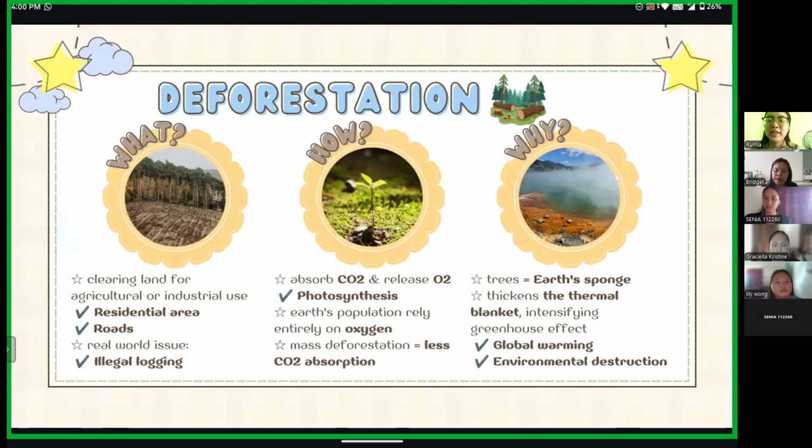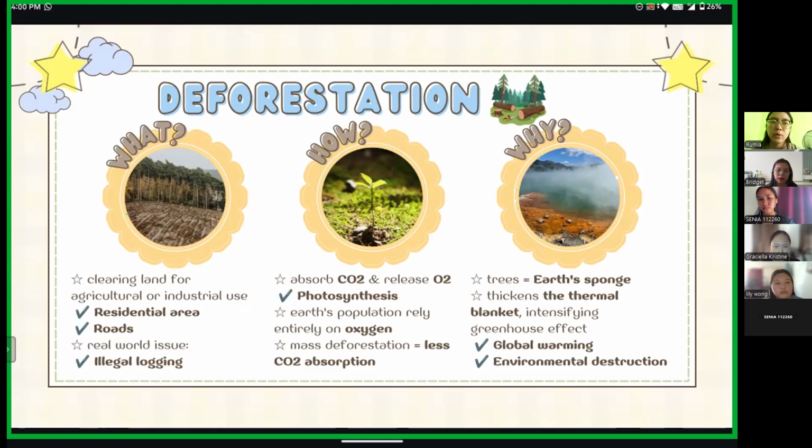Thank you, SENIA, for that nice introduction. Now let us proceed to the next section, where I will explain in more detail about our topic for today, which is the greenhouse gases accumulation. There are many factors for this accumulation, and one of them I will present. And the major factor is